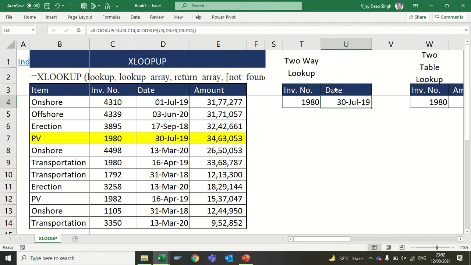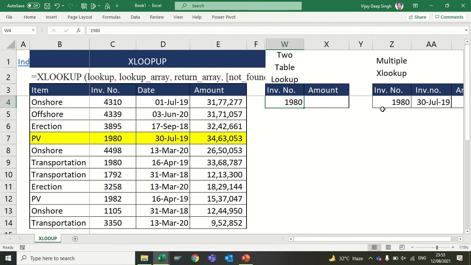Now this formula works two ways. If I change this date to amount, I just have to change the format of this. See, it automatically changed to the amount. If I change this to a date, it changes into a date. Only the format is an issue. So it's very easy. For automation of your formula, just copy paste it and your formula will work.